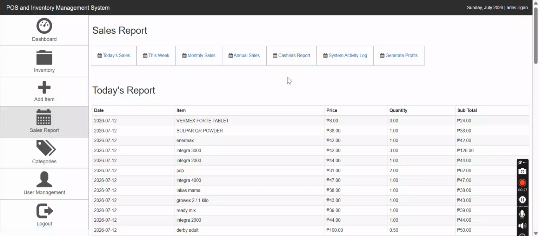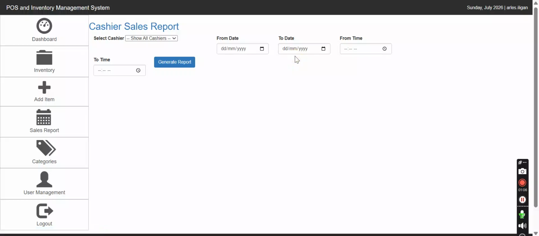The cashier's report is important so that the manager or the owner of the company or establishment will know how much the cashier earned based on the transactions she had on that day. One of the characteristics of this POS system is the capability to generate the cashier's report. It is required that every POS system has the capability of generating a cashier's report. So let's click on the cashier's report function of the system.